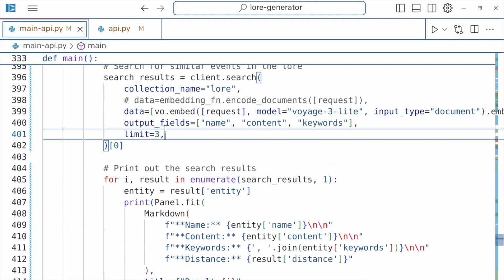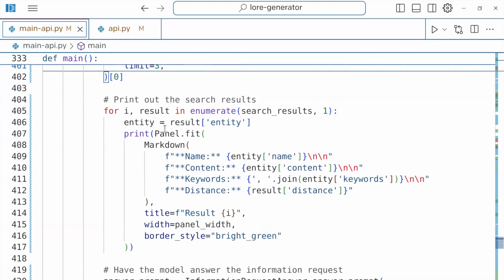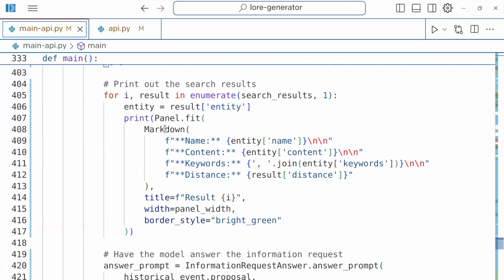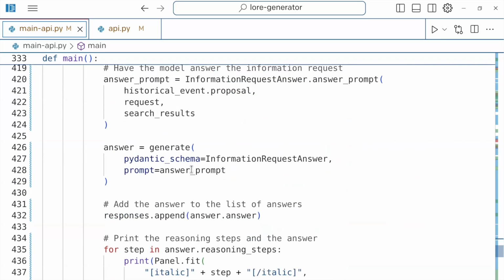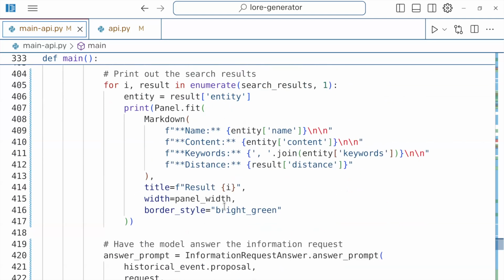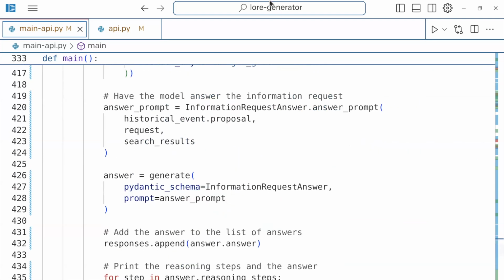I pulled this stuff out. I limit it to 3 again because of context restrictions here. I'm using the llama models and they're really dinky. They should make them bigger. I'm really upset about that. And then we're just going to go through each of the results in that information query. That's all this stuff prints out. Let's see. How much longer do I have?